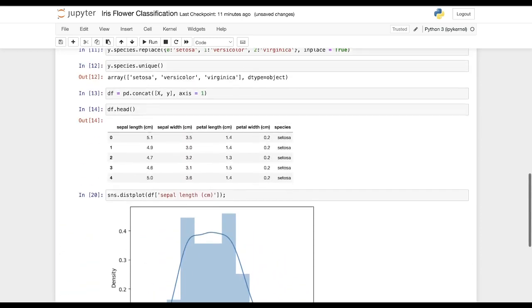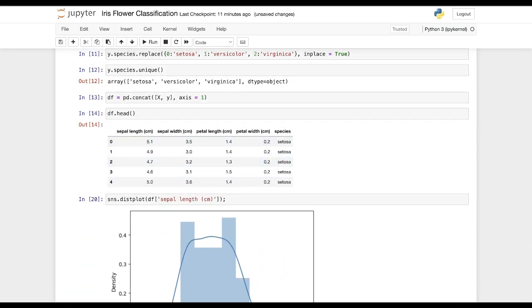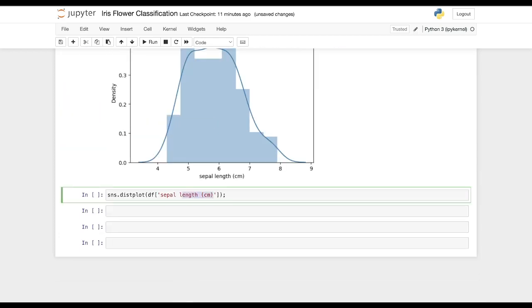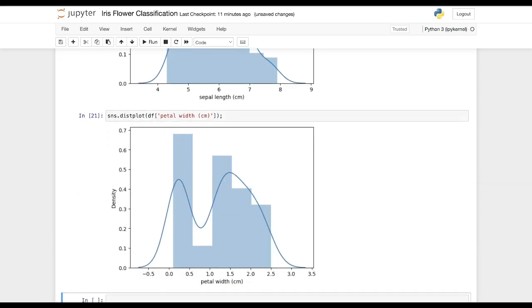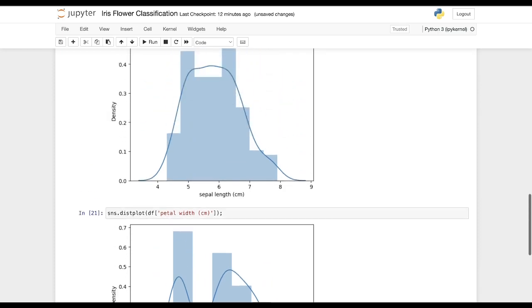If you want to check the petal width, you can say something like this here. You can just replace the column name, and this is the average petal width. You can see here the majority of the petal width is around 0.5 or between 1 to 2.5. So all this exploratory data analysis you can do from this particular data set.